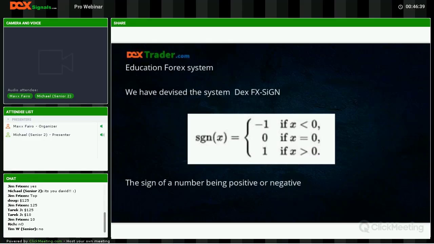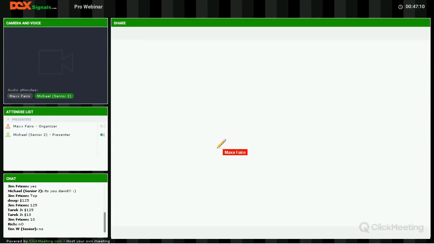But I want to show you something, and I took a screenshot of the algorithm, and this is not the algorithm, by the way, but I took a screenshot of one of the variant systems we use for the algorithm called sine. And a sine is basically a devised process of figuring out positive or negative, right? And this is one of the equations we use to calculate the positive negative SGN from the variable, from the actual algorithm that produces the signal, right?